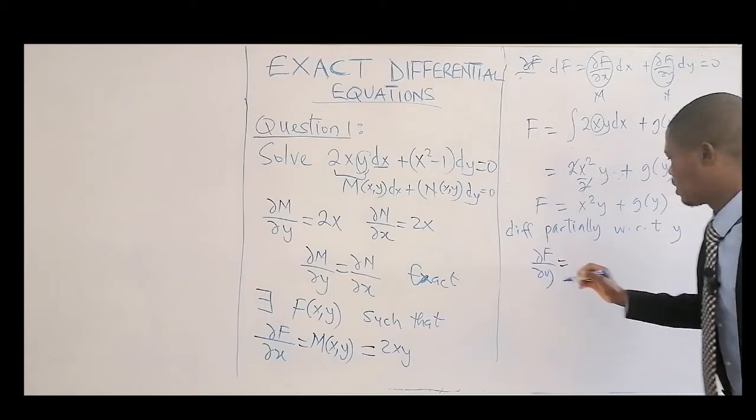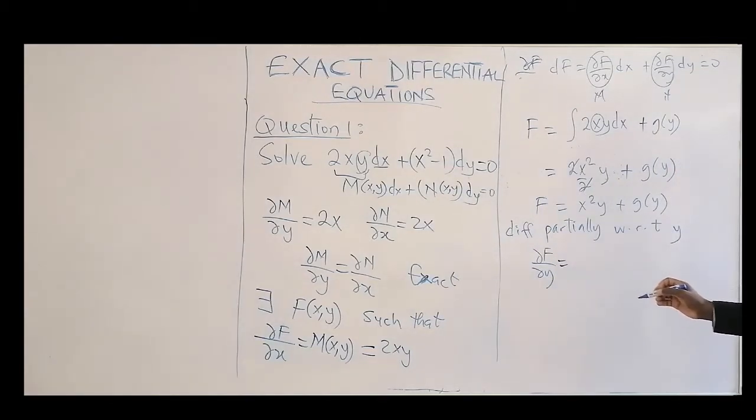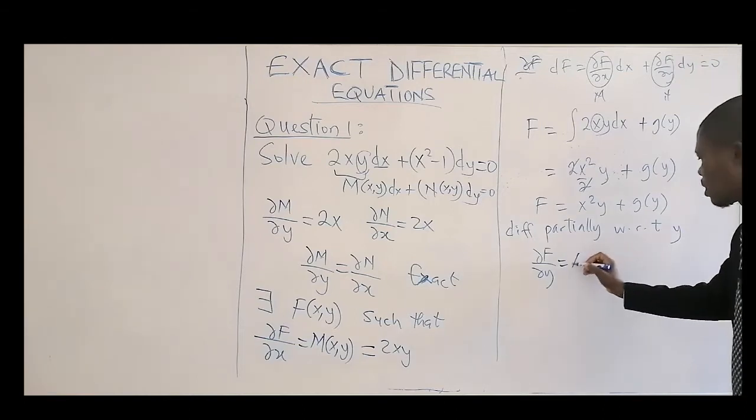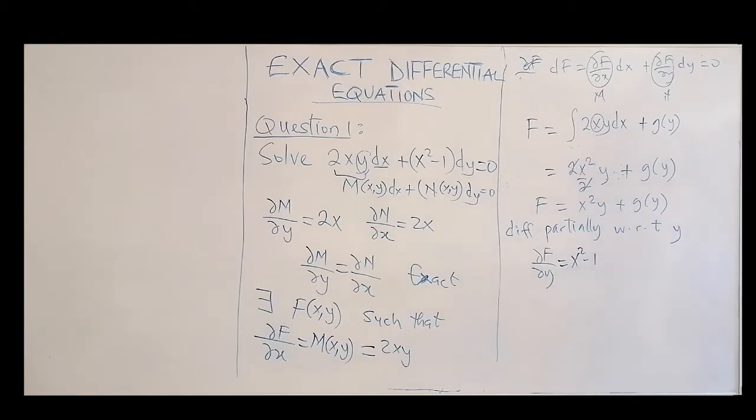The value is x squared minus 1. So x squared minus 1 equals, don't forget that we are differentiating partially this one, the derivative with respect to y of this one,